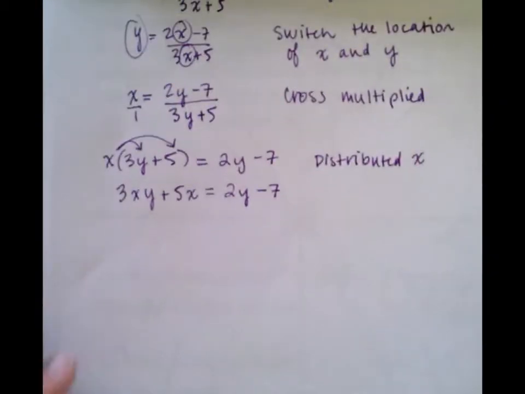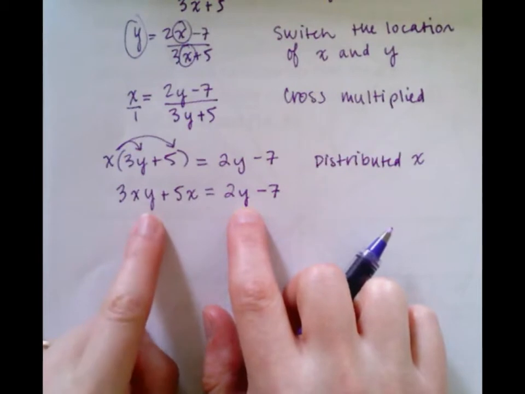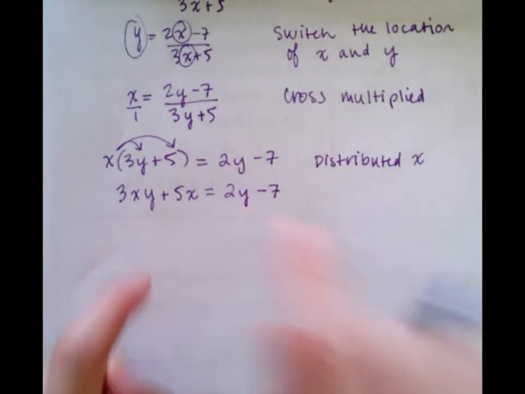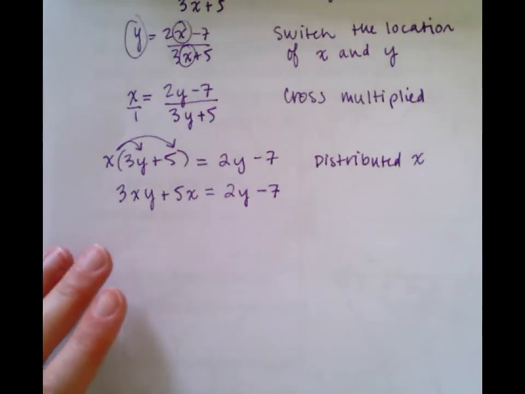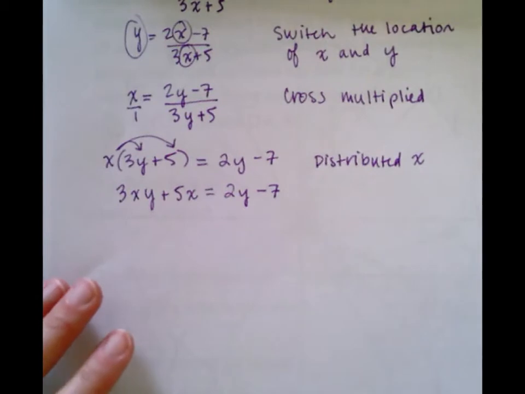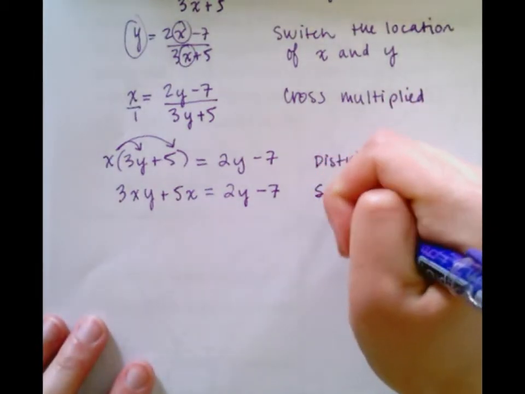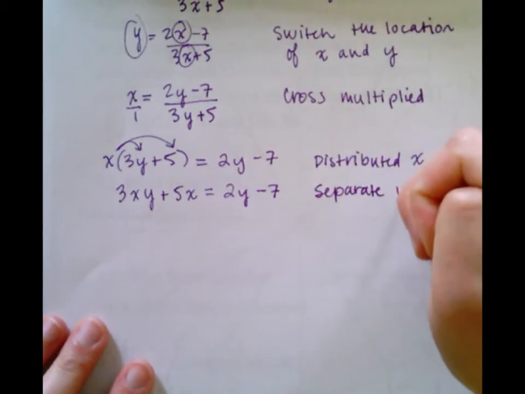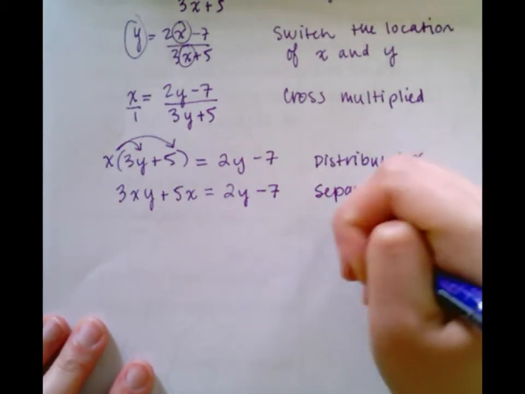Okay, so now if you take a look, you might think, I have no idea what to do next. I'm trying to get y by itself. There's a y on one side, and then there's an xy on the other side. So what we're going to do at this step, and actually we did do this when we were solving rational equations back in the day, you just might have forgotten, is we're going to put any term that has a y in it on one side and any term that doesn't have a y in it on the other side. Okay, so I'm going to write separate y terms from